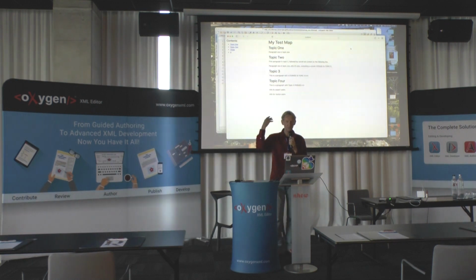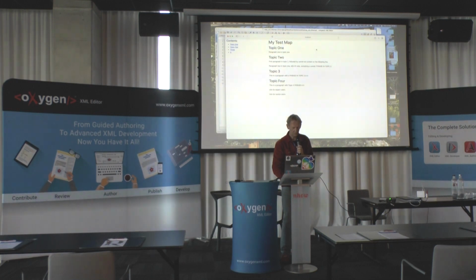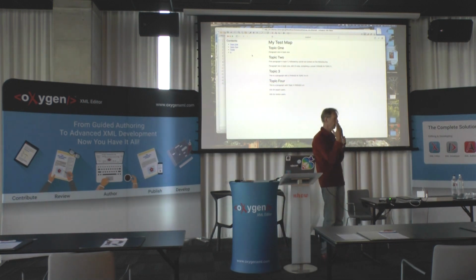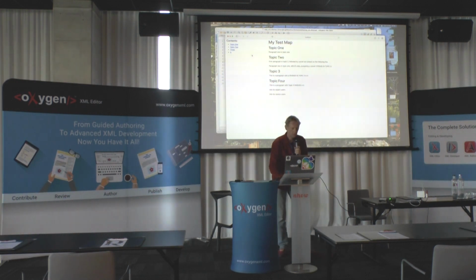So this is the result of my map. This is very simple HTML output. In fact, this is all a whole bunch of PHP files strung together by the PHP processor. But the good news is that client side, you don't see that it was put together by PHP. So all you see is HTML. There's a table of contents here, and there's a map with 4 topics. Now, if I go into topic 1,